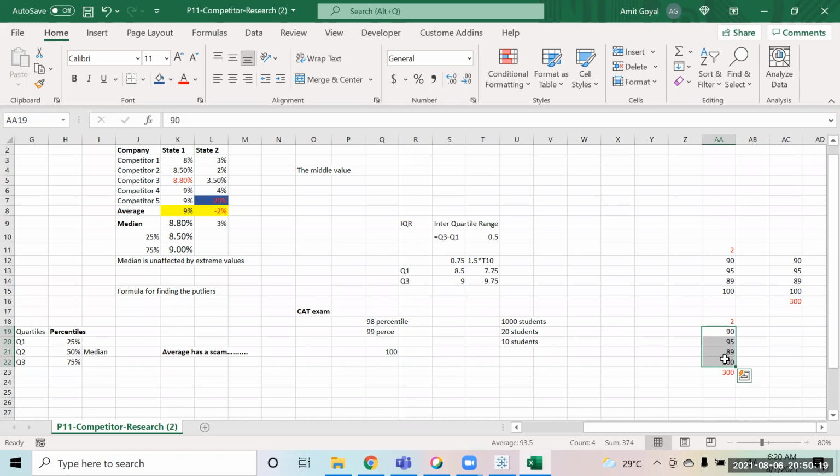So that is why we find the lower limit and the higher limit. That means if the value is less than this, it's an outlier. If the value is higher than this, it's an outlier. That is exactly what we have done over here in finding Q1 and Q3. We subtracted 1.5 IQR from Q1 to get the lower limit, and added it to Q3 to get the higher limit. Now, is it clear what this Q1 and Q3 are, why we are finding them, and how the outliers are detected?